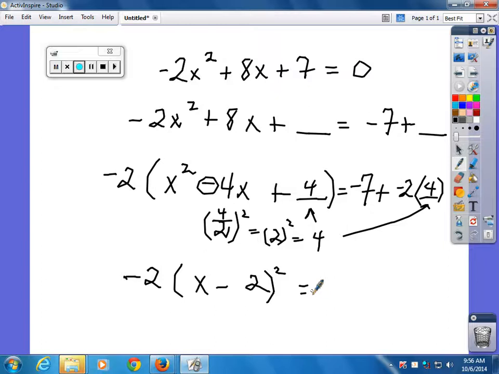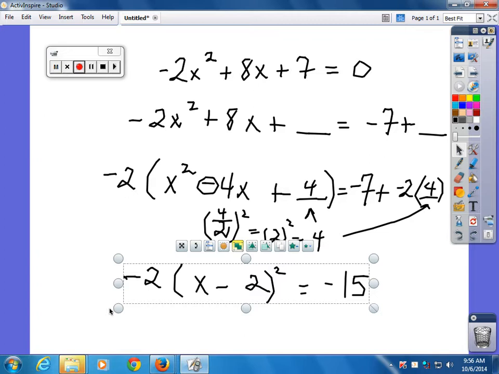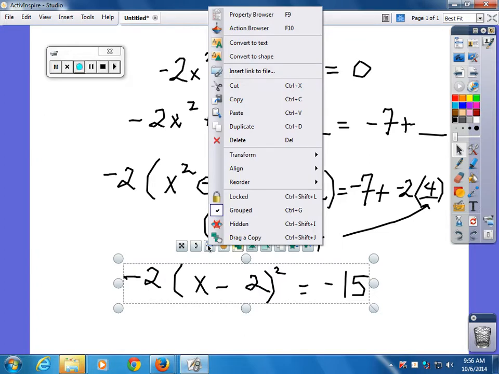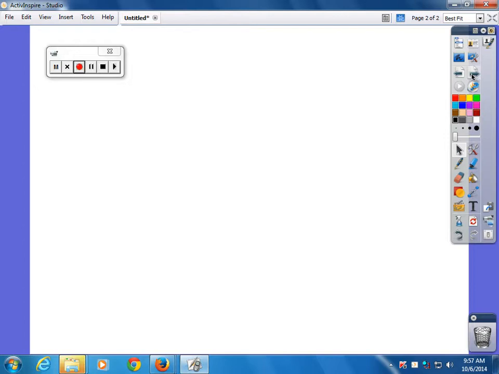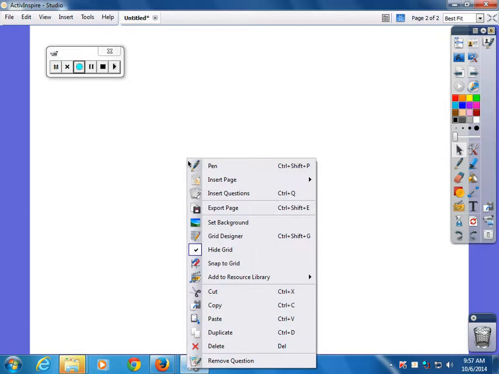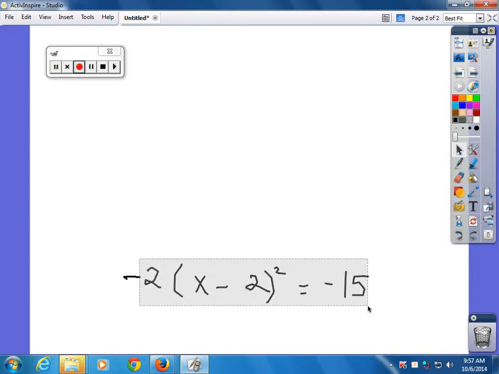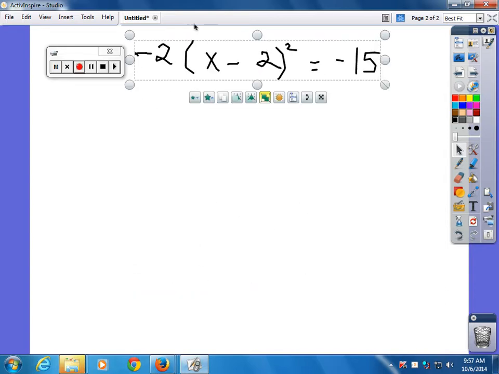equals, and what's negative 7 minus 8? Is that what we got last time? Negative 15 looks so odd. Is that what we got? Okay. And then from here, we take this to the next page. And from here,